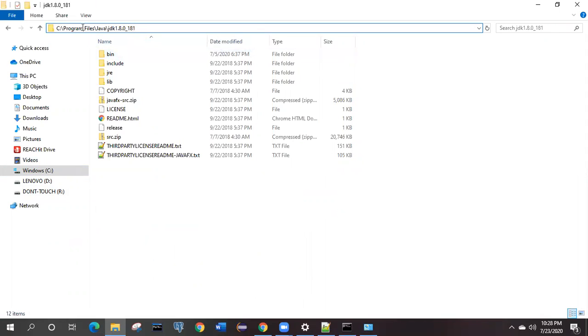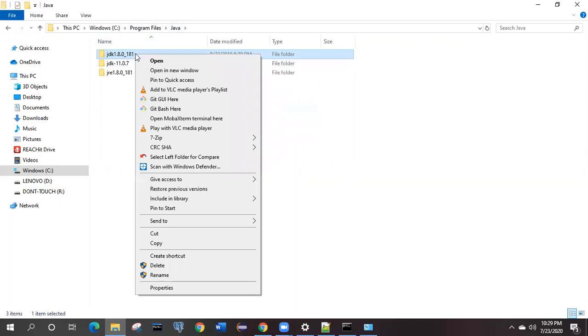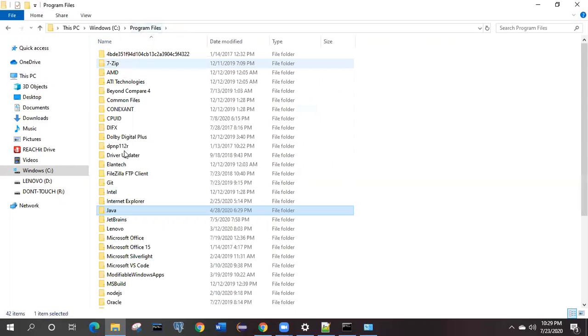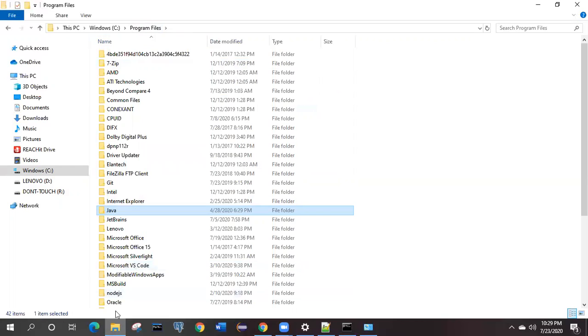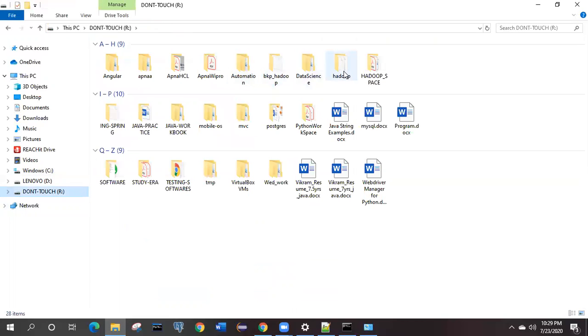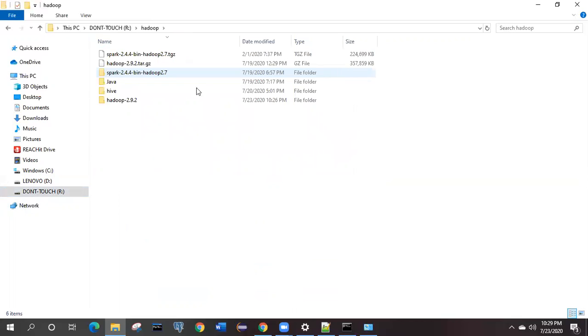But if you look at the name, Program Files has a space in it, and sometimes there is confusion that it will not read the location properly because of the space. So what you can do is come back here, copy this JDK folder, or directly copy the Java location folder from here, and paste it into the location where you have kept all the Hadoop.